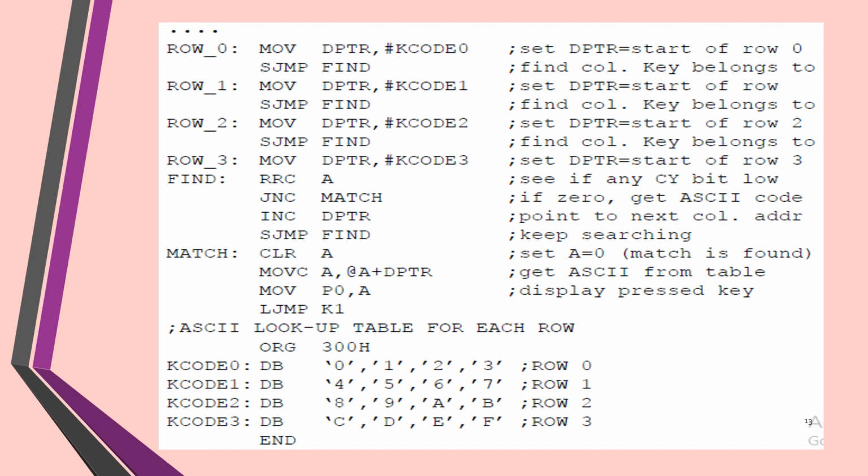Then the rows are made 1 and testing is done. And then, according to our real-time requirement, the connections are done for rows and columns, and the particular match is found. So this is the general way of interfacing a keyboard with the 8051. In the practical session presentation, I will demonstrate through embedded C code how to interface the keyboard.